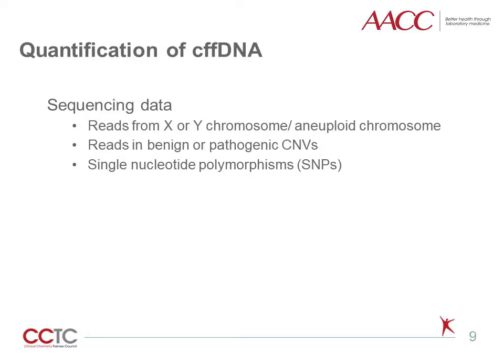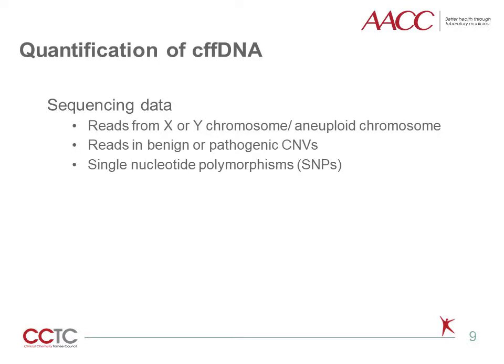The next step in cell-free DNA assays is separating out cell-free fetal DNA of interest. In the peripheral blood, cell-free DNA includes an admixture of germline or constitutional DNA from the mother and cell-free fetal DNA from the fetus. These can be differentiated by various methods, such as in case of a male fetus, by the amount of Y chromosome-specific sequences. Bioinformatically, reads from X or Y chromosome and aneuploidy chromosomes, benign or pathogenic copy number variations, and single nucleotide polymorphism